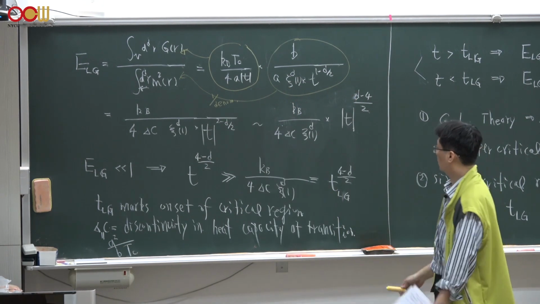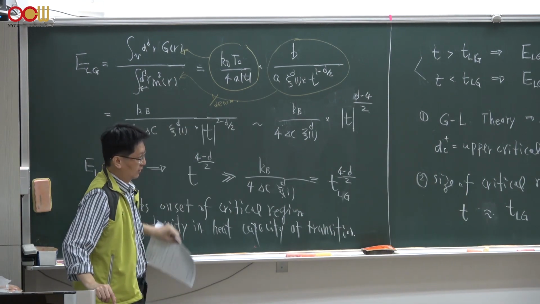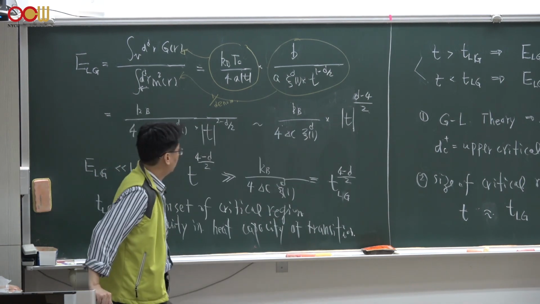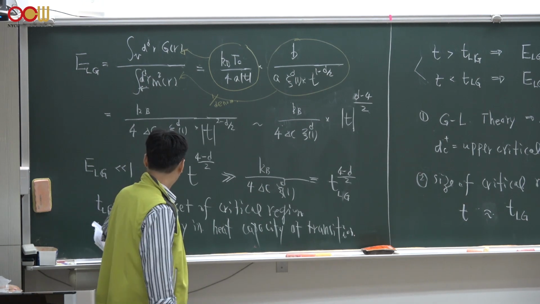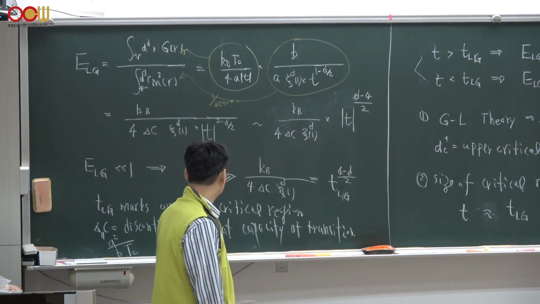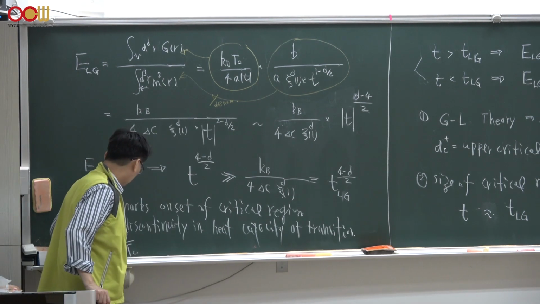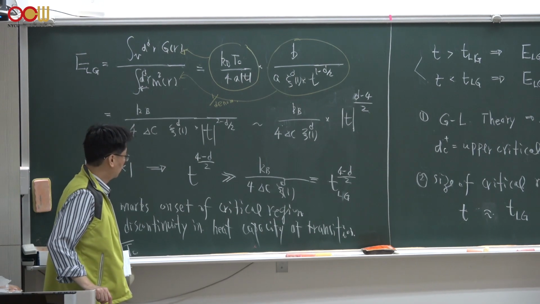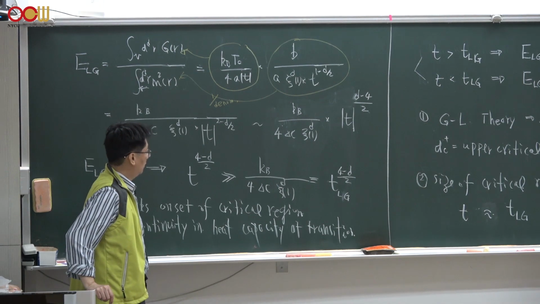So we simply combine all these factors in a more elegant way, so that we have a prefactor kB divided by 4 times the so-called delta c, where delta c is the specific heat jump at the transition, defined by a squared divided by b times Tc from Landau's mean field theory. Also, there's this factor c of 1 to the power of d